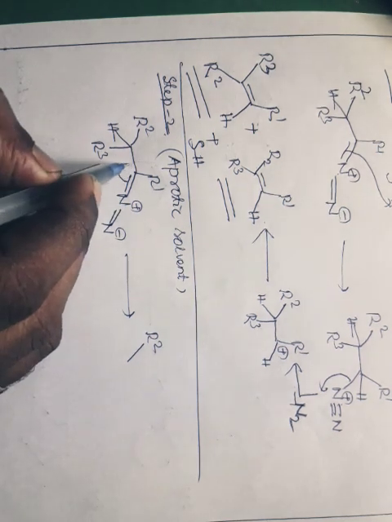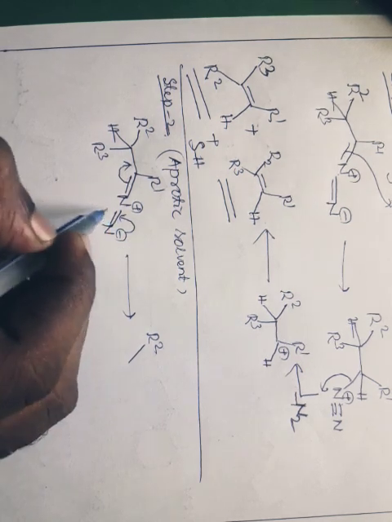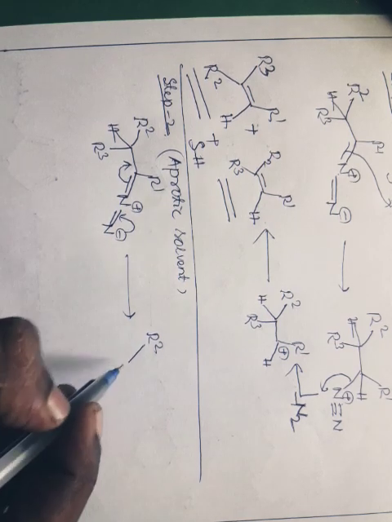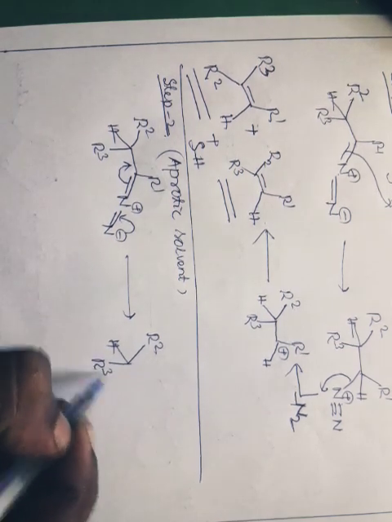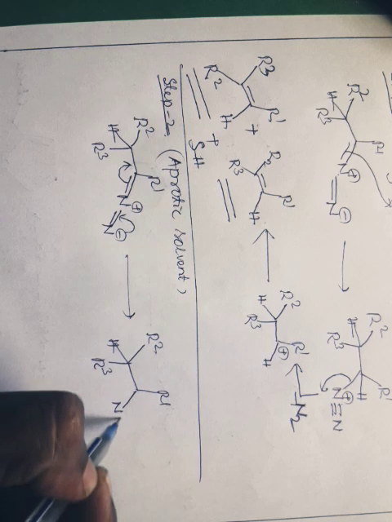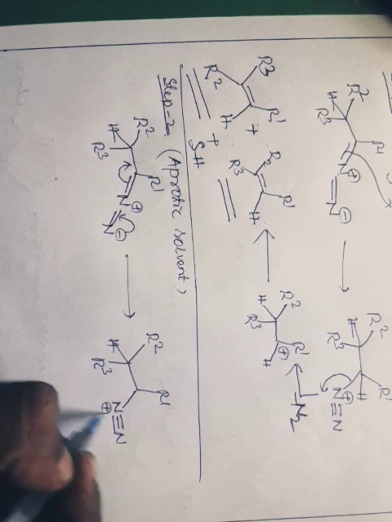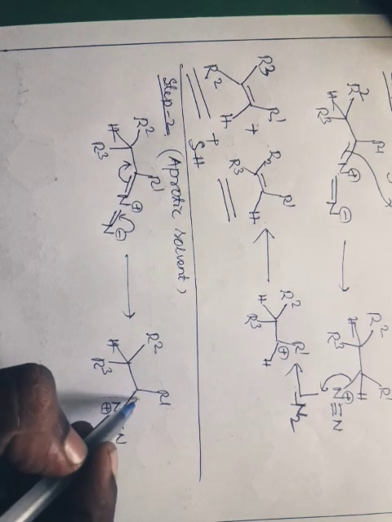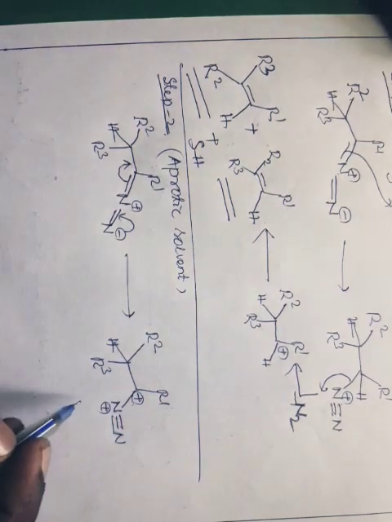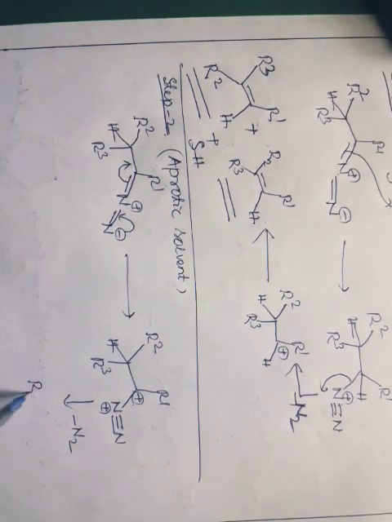So this bond will migrate towards this side, and this negative charge will come to this side. It will form one new bond between nitrogen and nitrogen atom. Three bonds will form between the two nitrogens, in which this nitrogen will get one positive charge, and on this carbon one positive charge will come. It will be eliminated from here in the form of N2, which will give us